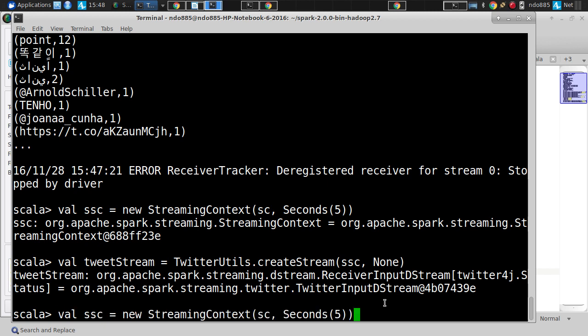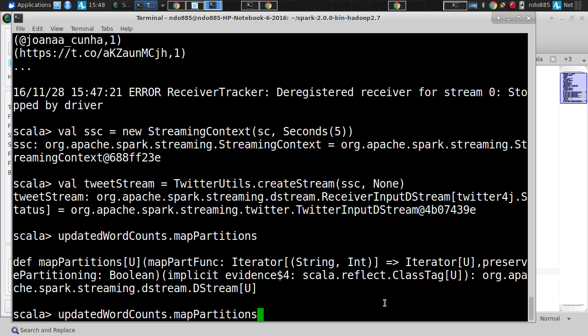Okay, so ladies and gentlemen, one thing we could do here, updated word counts, we could say, and I think you have to do it this way, map partition, repartition. You can map it to a single partition. What that's going to do is, if this is running on multiple machines, or on multiple processors, it will make it so that this creates a stream which is going to be running on one processor, and then you could do, is it write or